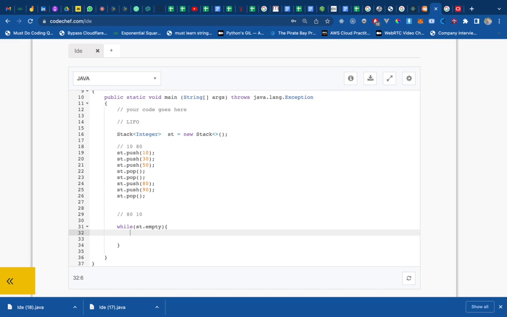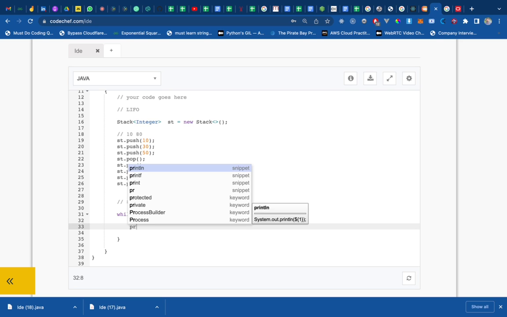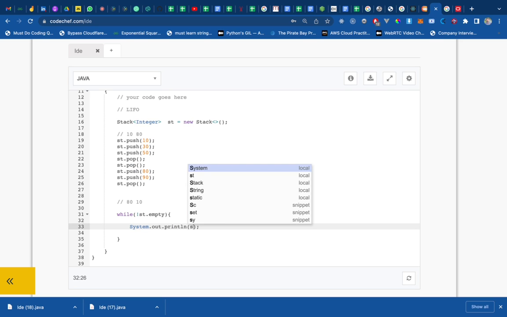Then we have a method which is empty. The empty method tells if the stack has some elements or not. I guess it's a boolean. We'll check the doc. So this is what it is, and in order to print it, we can basically do st.pop. st.pop returns the element itself. So if it is not empty,